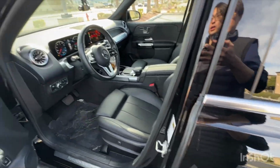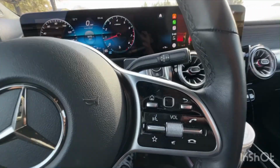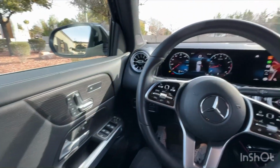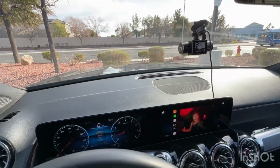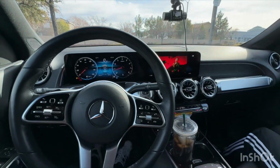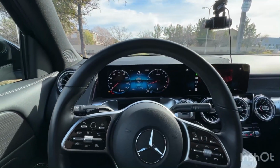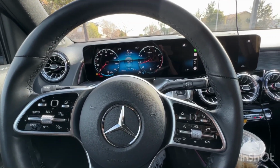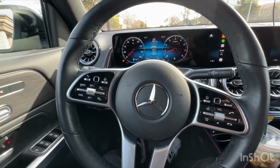And to be fair, this is not the best Mercedes. It's not super high end. It's actually more of an entry level Mercedes. But coming from someone who's had all different levels of these vehicles, I have to say I am really impressed with this one, especially since I didn't like the GLA too much. With that being said, again,